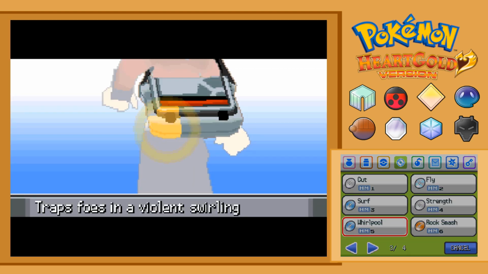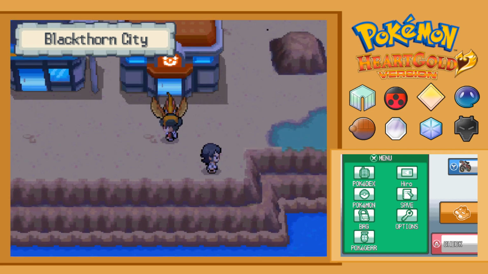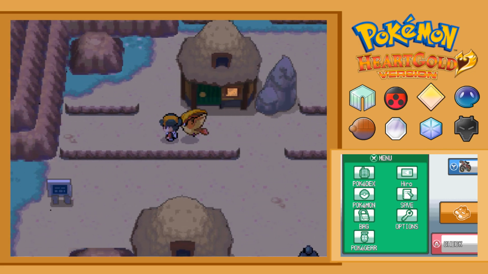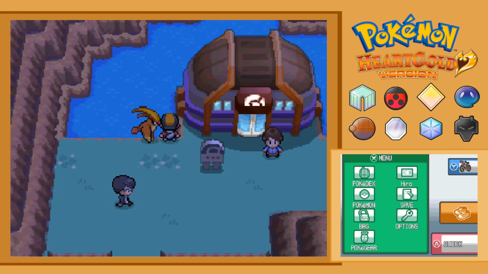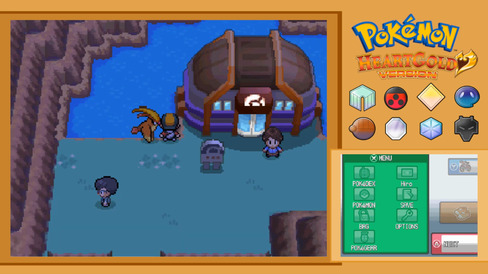I think there are other places where you need Whirlpool to access them later. But I don't think there's many. It might just be the Whirl Islands, which I'm probably not going to bother with in this playthrough. Primarily, though, we need it to reach the final destination back there. Which, if I'm not mistaken, in Gold...